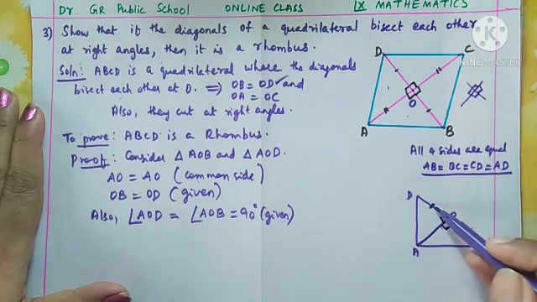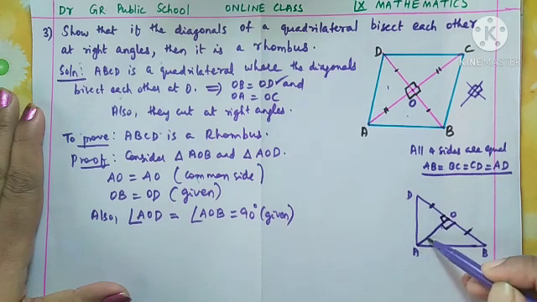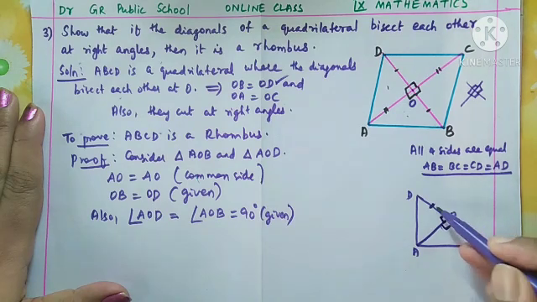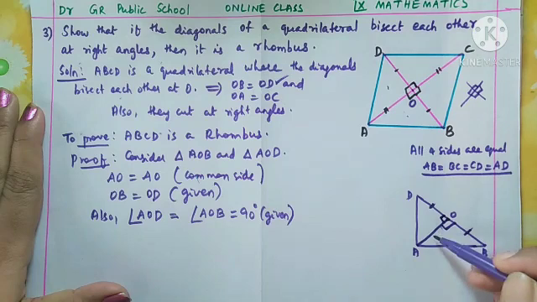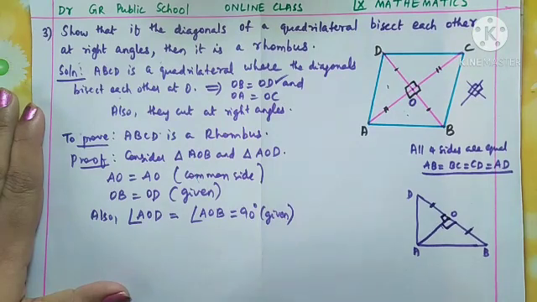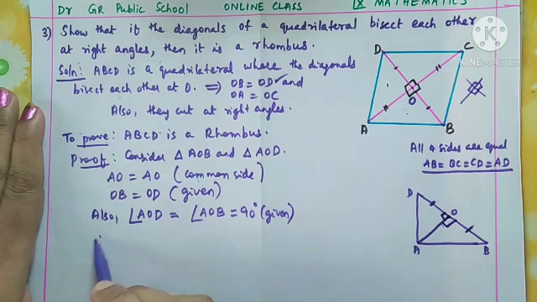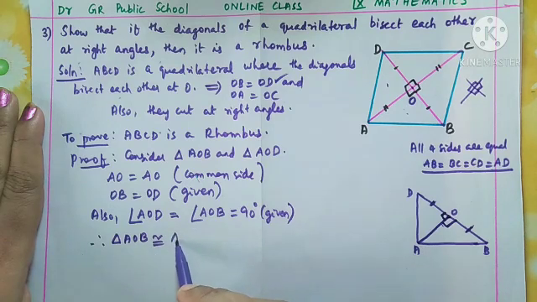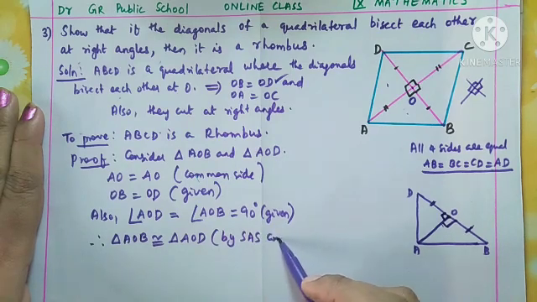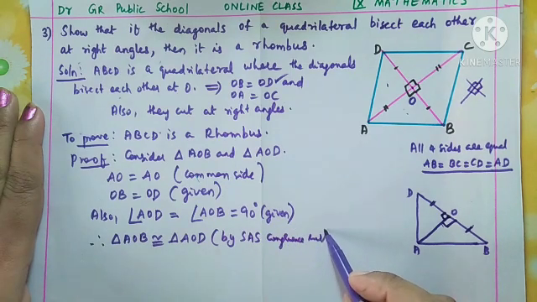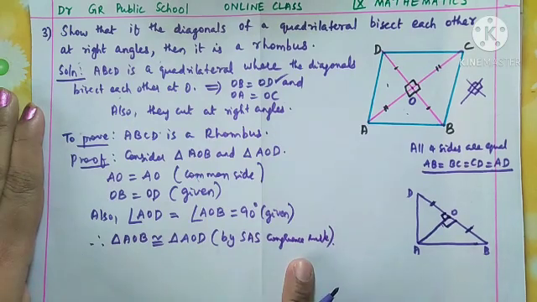Okay. So from these two triangles, this OA is common, this OD is equal to OB, and this 90 degree is coming as the included angle of the common side. So when you are getting included angle of two sides, which congruence rule you want to apply? Yes, very good. It is SAS congruence rule. So therefore we can say the two triangles what we have taken, AOB congruent to triangle AOD by SAS congruence rule. Understand? Yes, SAS congruence rule.